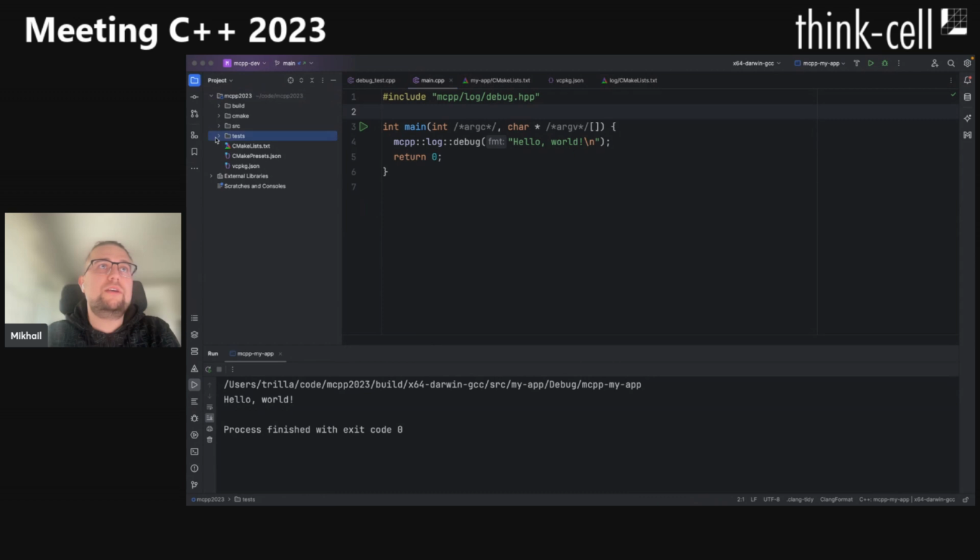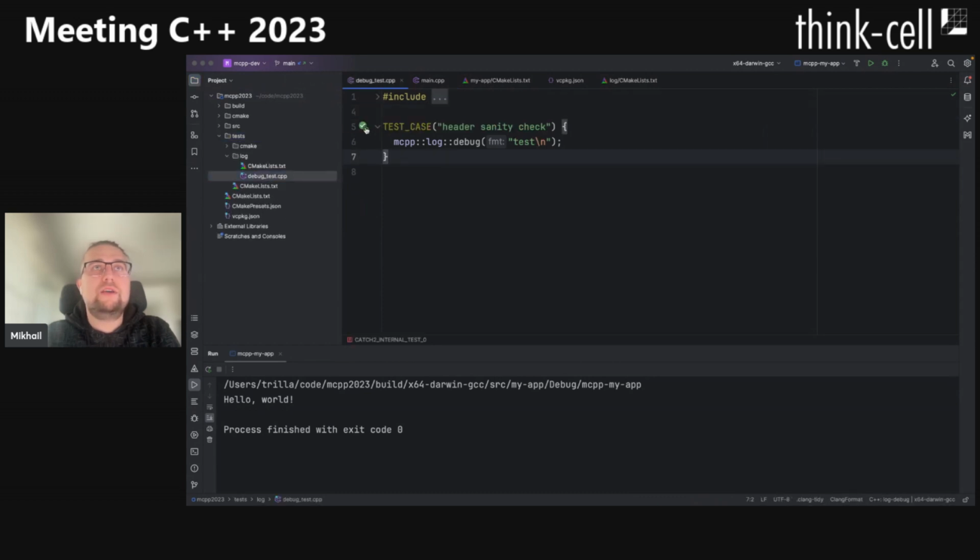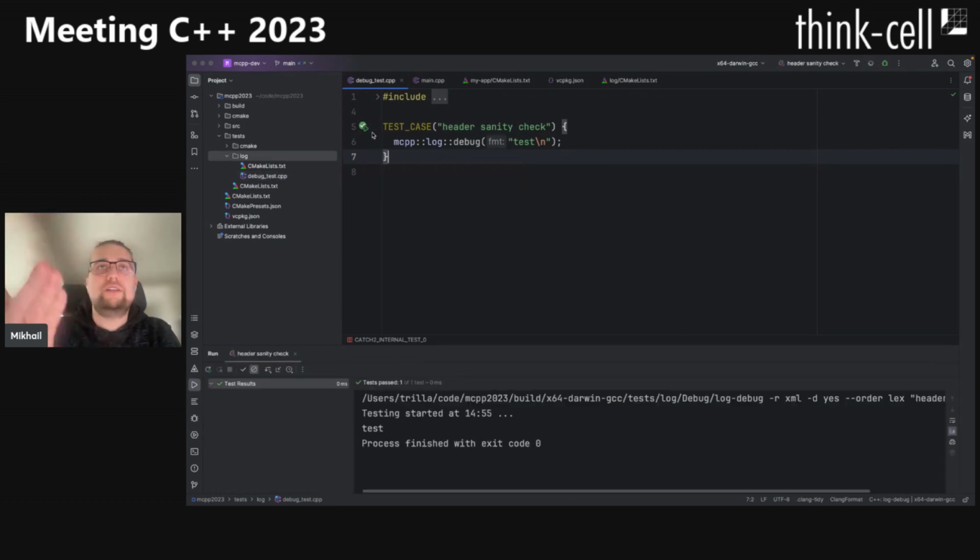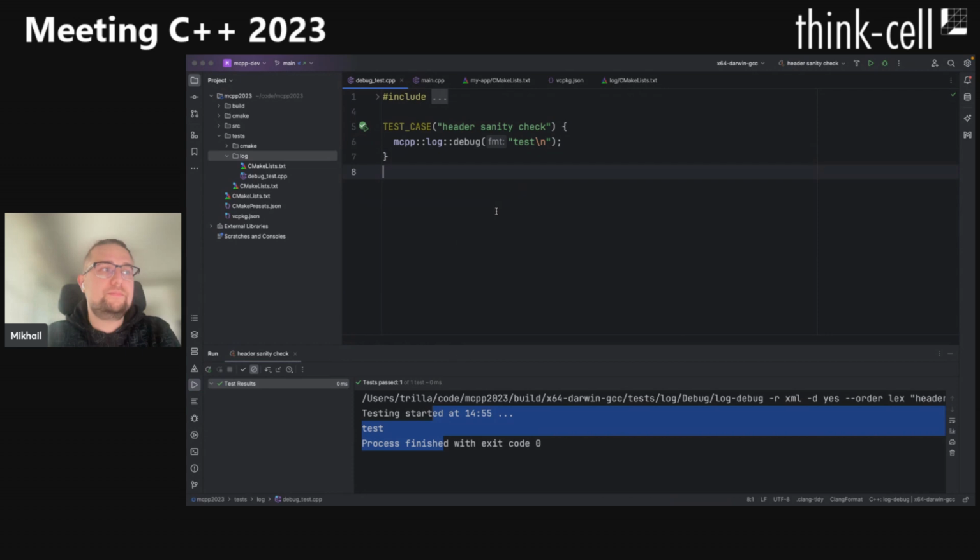You can go to the tests and you can run the test as well. So it knows that it's a Catch2 test. It knows how to run it, how to report. So it's cool. And recently they even added